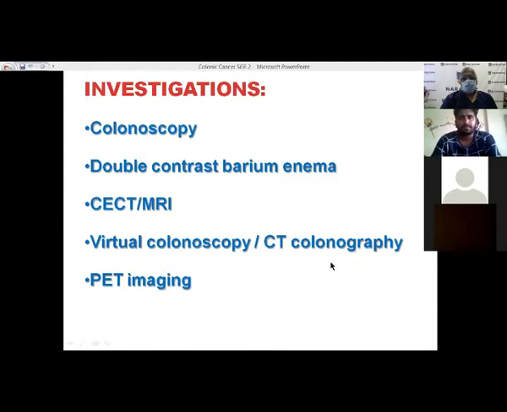PET imaging is coming in a big role, but its role as a routine in colonic malignancy is limited. When you're going to give the patient neoadjuvant therapy, if the patient is in stage 3 or stage 4 disease, where you want to rule out an extracolonic malignancy and also find out how many extracolonic areas are affected, the commonest being liver, the next being the lung, then you can go into the cerebral as well as for a bony secondary. That is where PET imaging is also useful in recurrence of the disease.